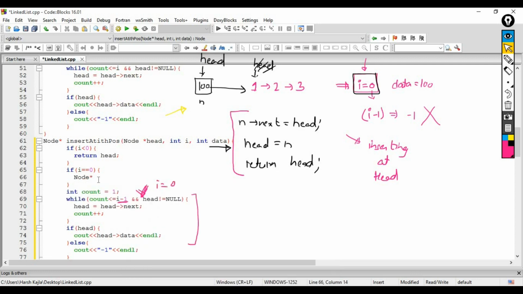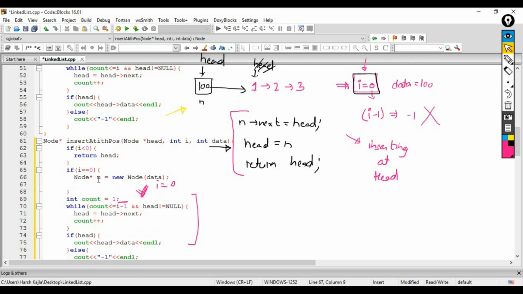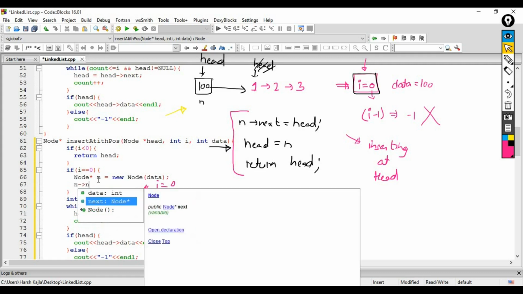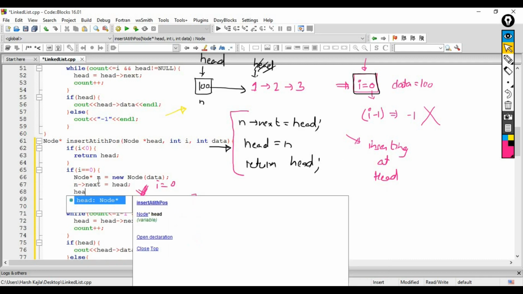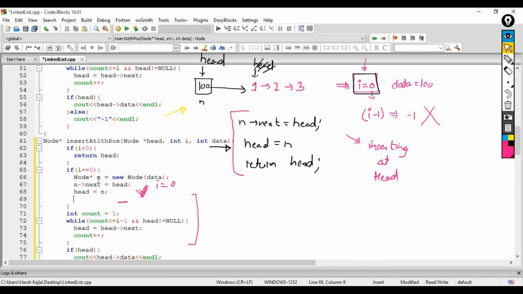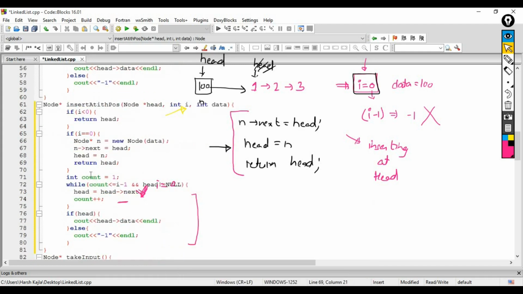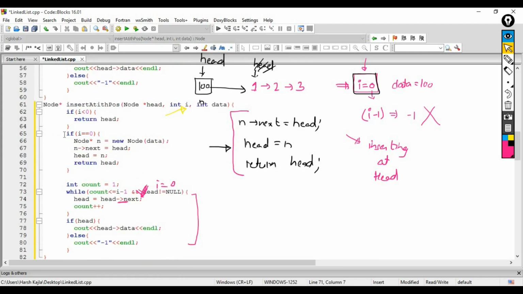Node star n is new node, and we will give the data. Then the next of n is head, and we have to update head. So head equals n, and after updating the head we can return head. Simple. So we have handled this case very easily.